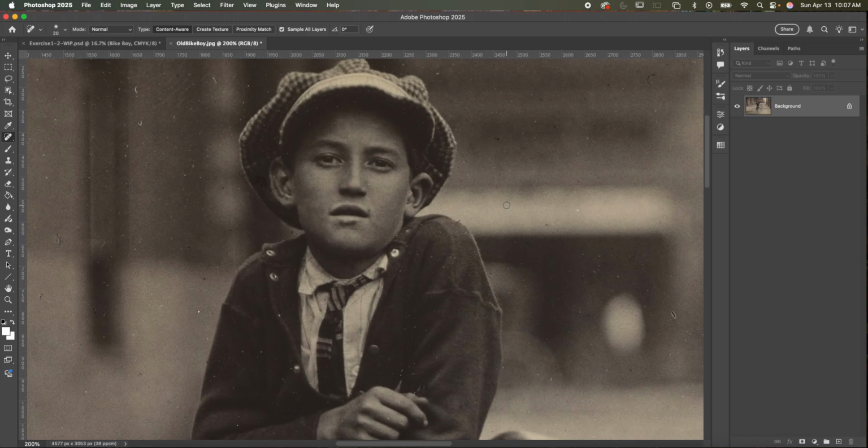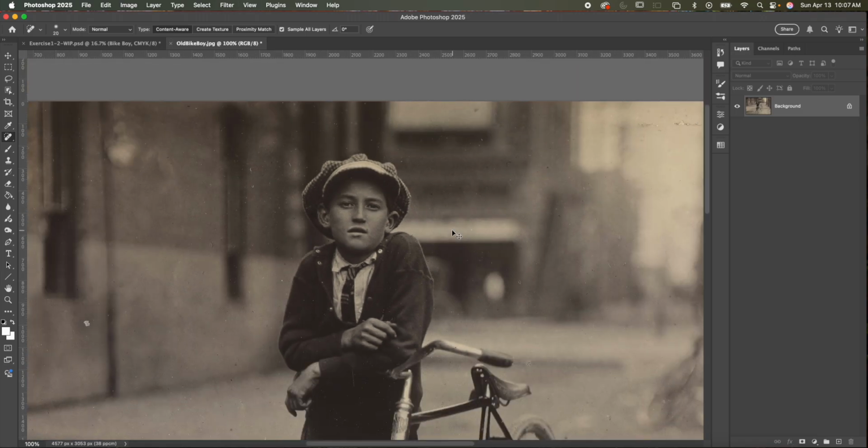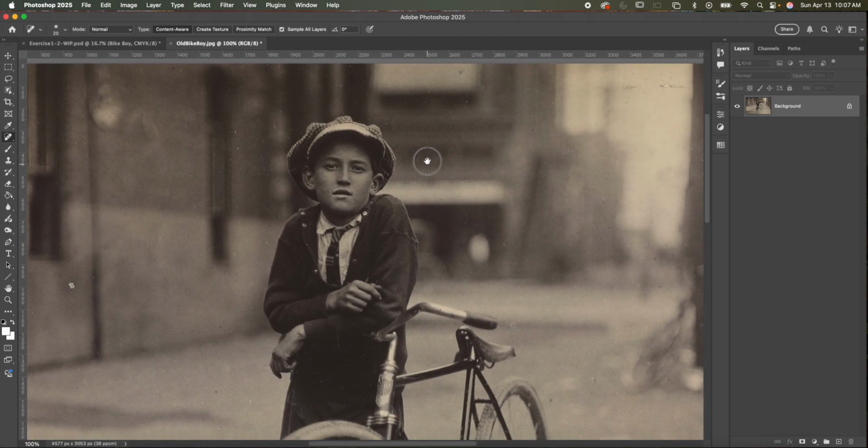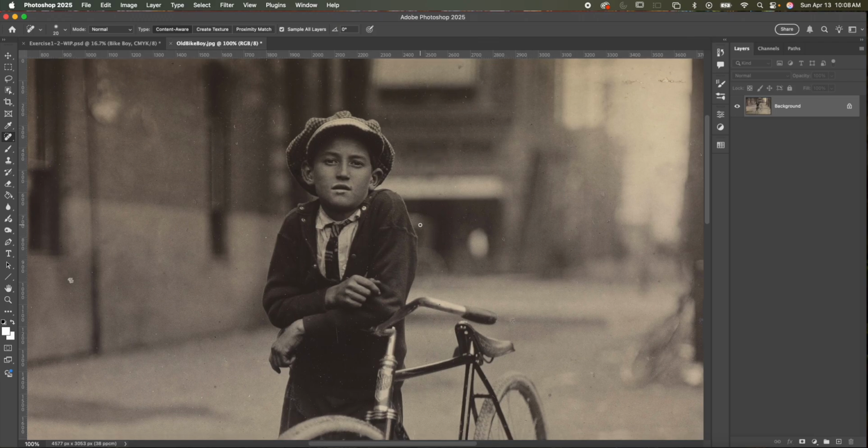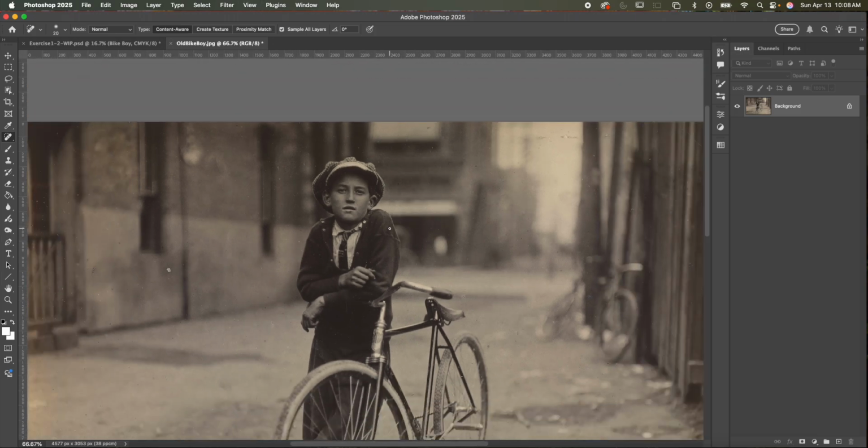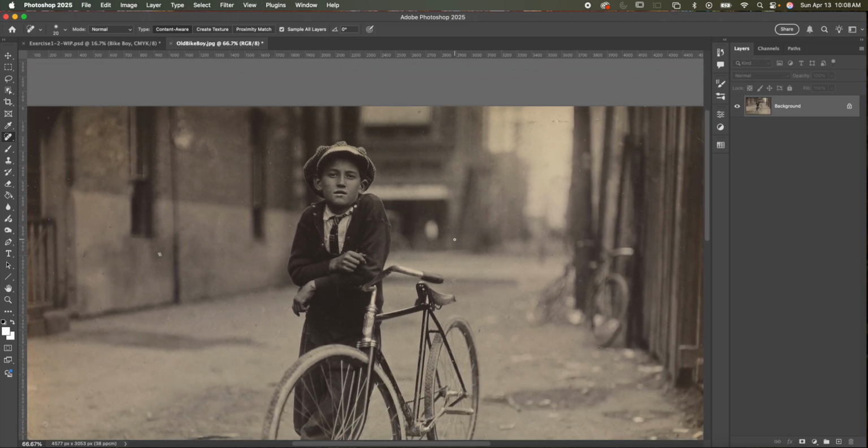All right, so using a combination of my spot healing brush with the proximity match and the content aware, I went ahead and just kept detailing over the face to try to smooth out these areas. This is where the pipe was. And remember, the main thing is we want to make sure we're correcting for the scale this is going to be used at. So at a scale of about 100% or a little less, I think this is going to work fine. So now we just need to simply